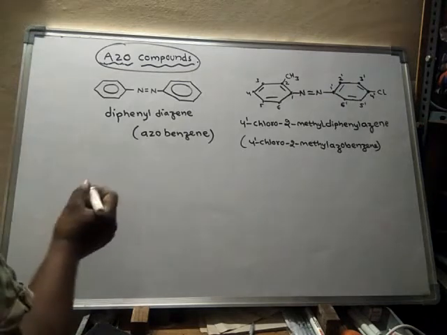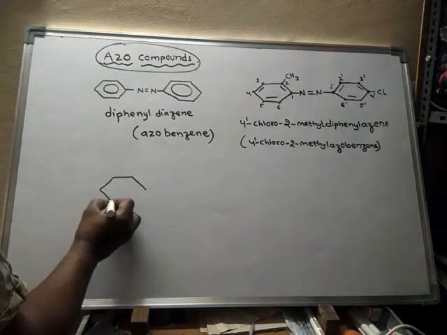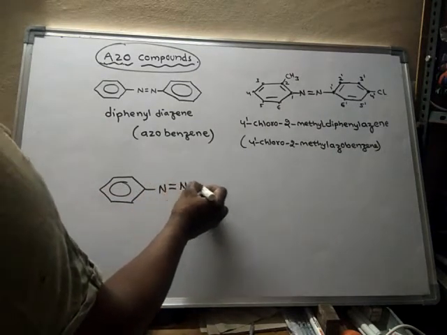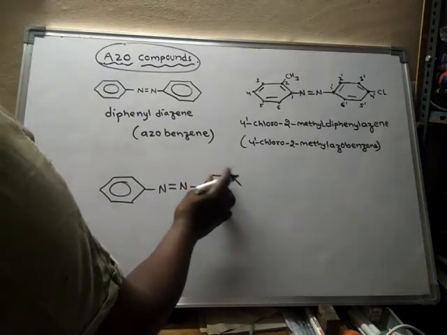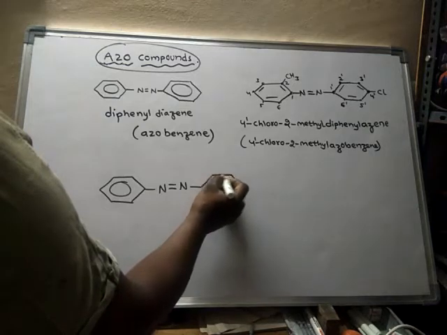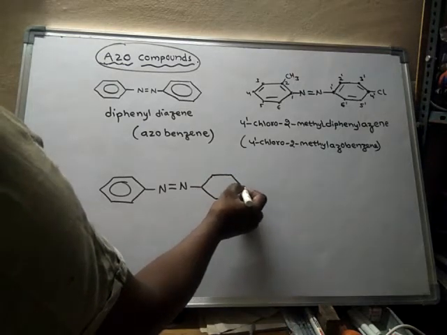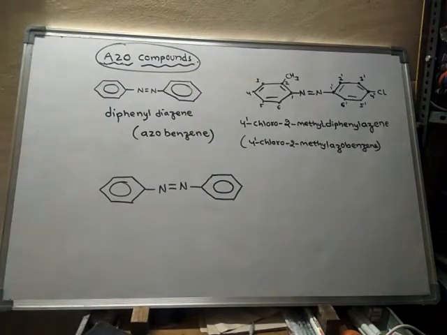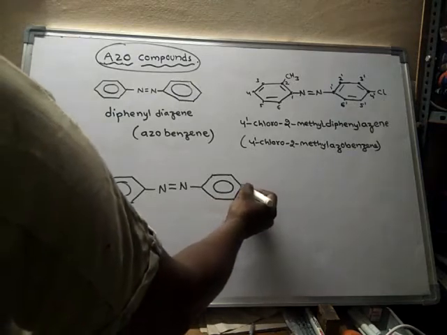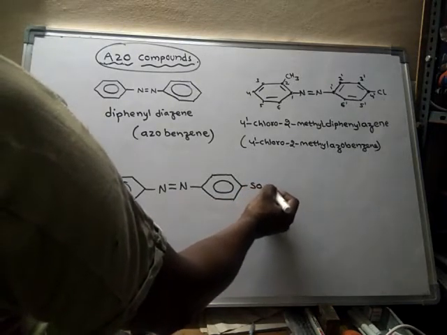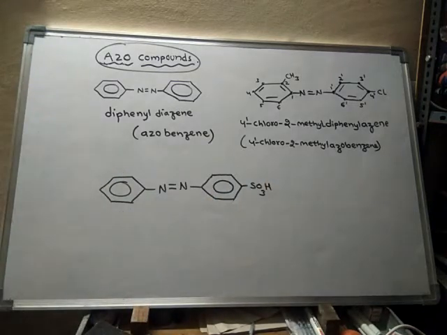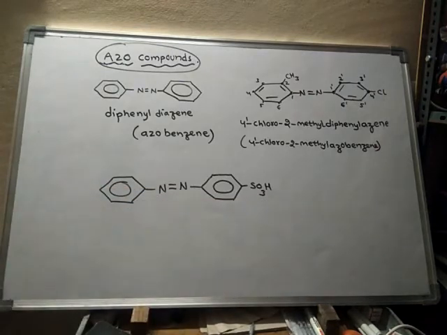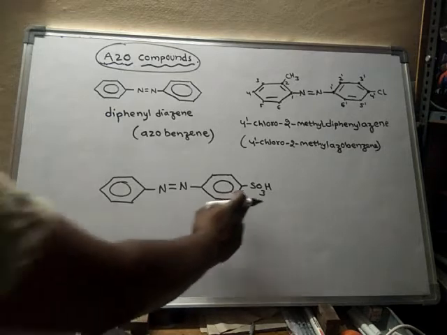What is the name of this compound? Again, it is also azobenzene only. The parent compound is azobenzene, or else diphenyldiazine. Suppose there is an SO3H group here, that means this is sulfonic acid. SO3H group means sulfonic acid group. If a sulfonic acid group is present,